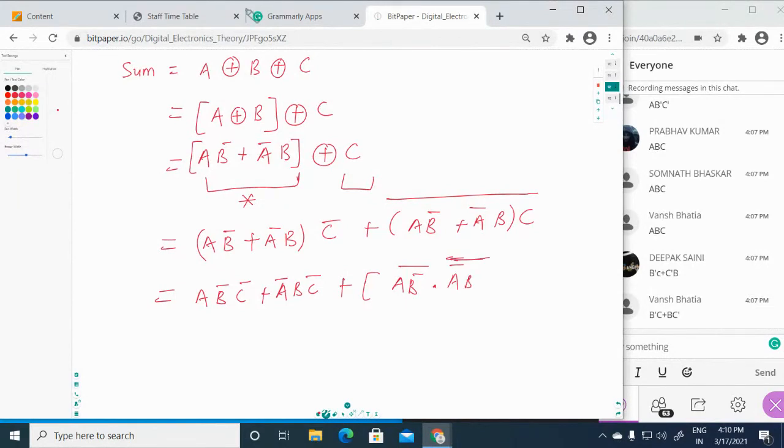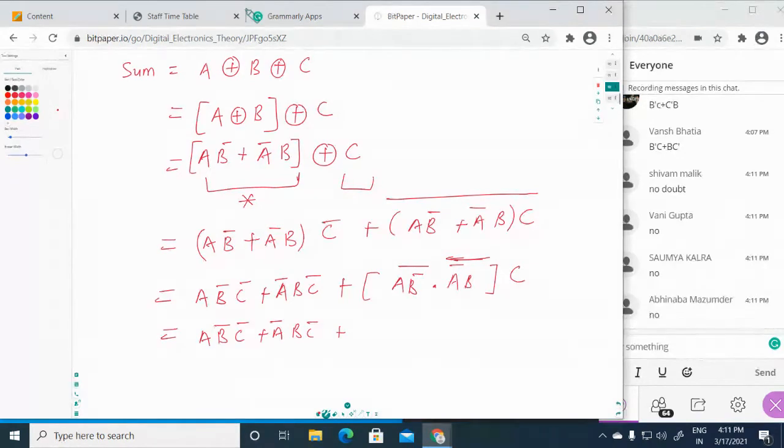A double bar, A bar, and complete bar, and C. This is again a De Morgan theorem. If you use the bar operation between these two terms, you can change it also. A bar plus B, then use the dot product.